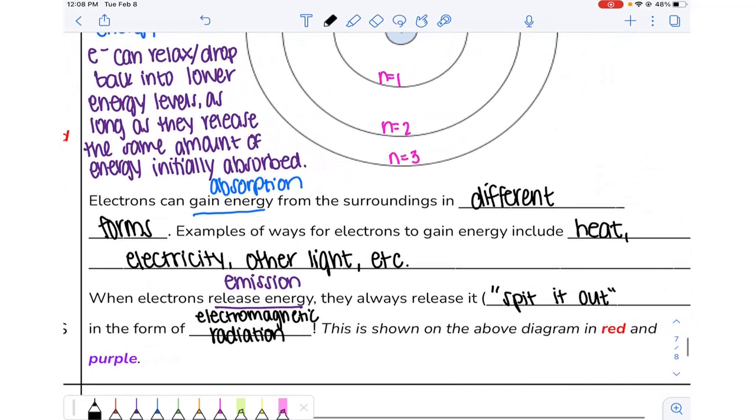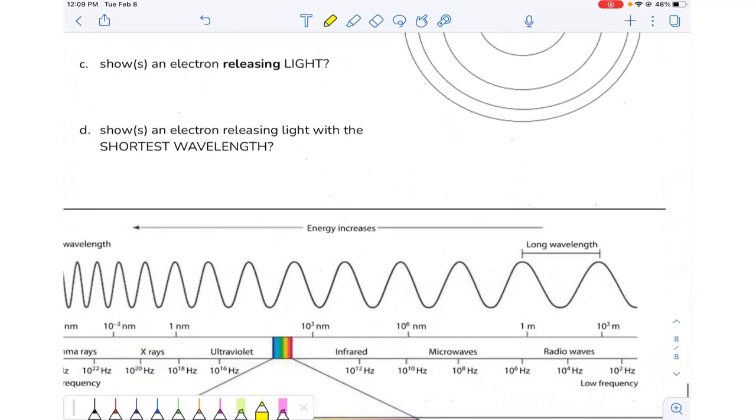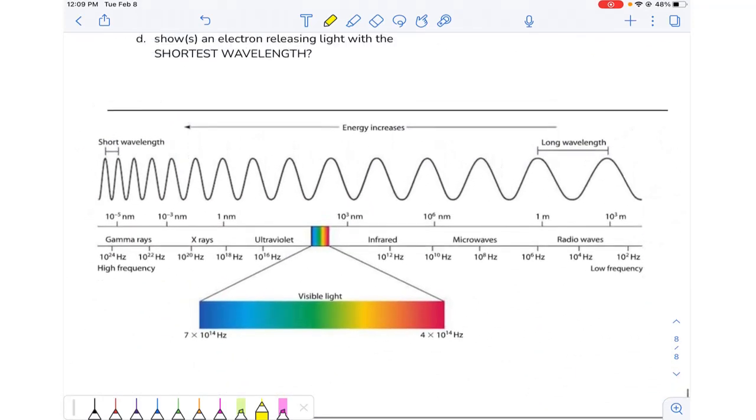So if this electromagnetic radiation is in this very teeny portion of the electromagnetic spectrum in the visible light range, we are able to see it. So if electromagnetic radiation is in the form of light, we'll be able to see it. And this is kind of what we're going to focus on. Yay, light! So, if I scroll down to the bottom of the next page, you'll see a copy of